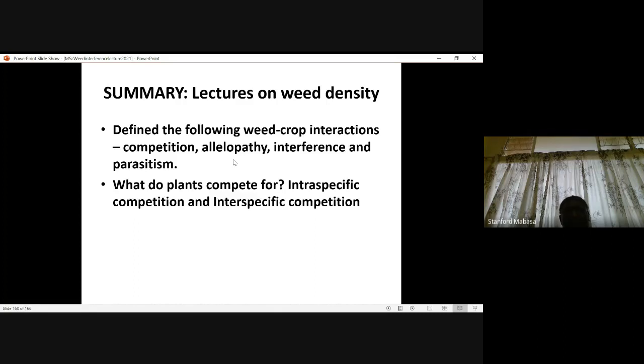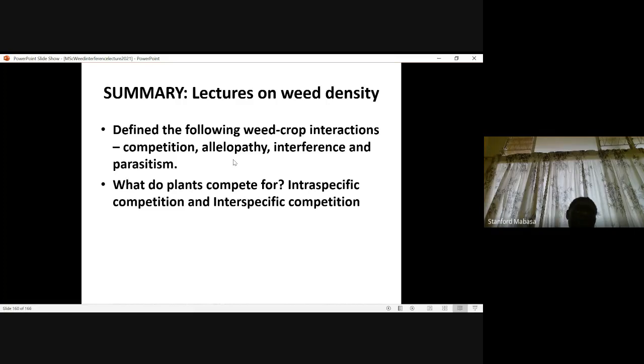And also we highlighted parasitism. Of course, later on we will talk about allelopathy and parasitism. We tried to answer the question, what do plants compete for? Things like